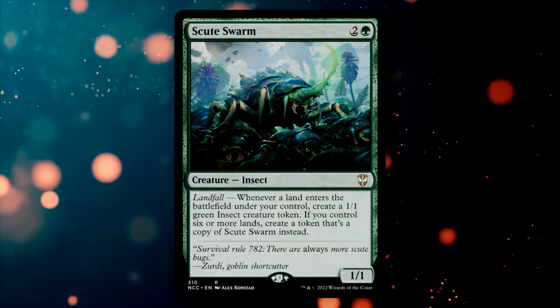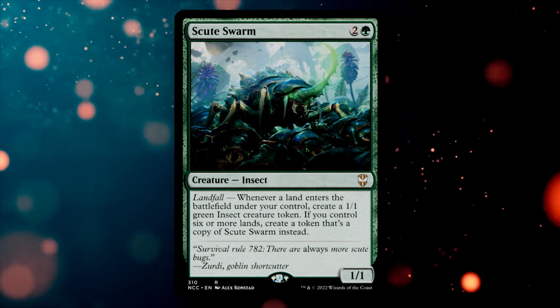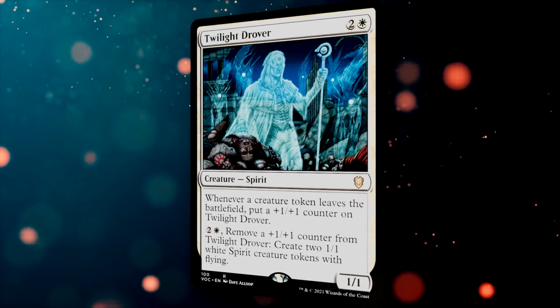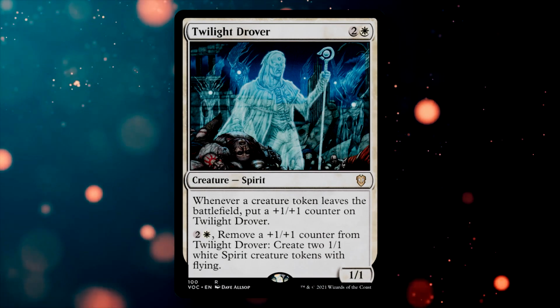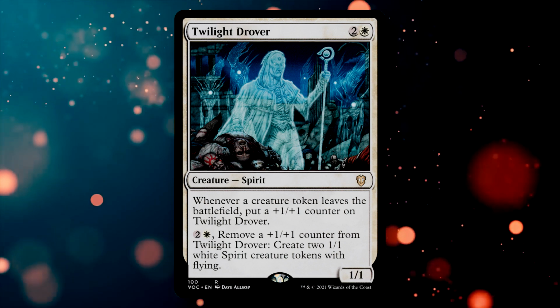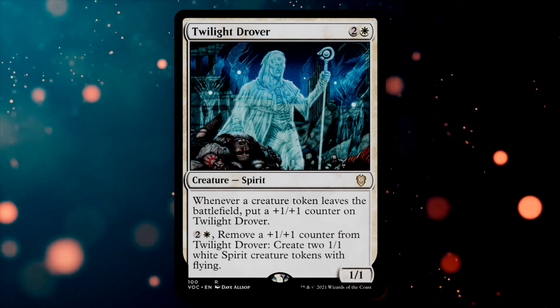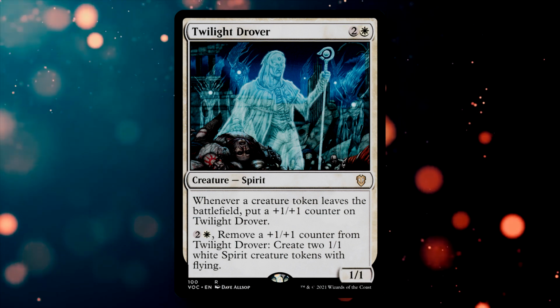At that point, any landfall triggers beyond the 6th land gets us exponentially more Skewed Swarm tokens. Twilight Drover is a 1/1 for 3 mana. Whenever a creature token leaves the battlefield, you put a +1/+1 counter onto the Twilight Drover. For 3 mana and removing a +1/+1 counter from the Twilight Drover, you can create 2 1/1 white spirit creature